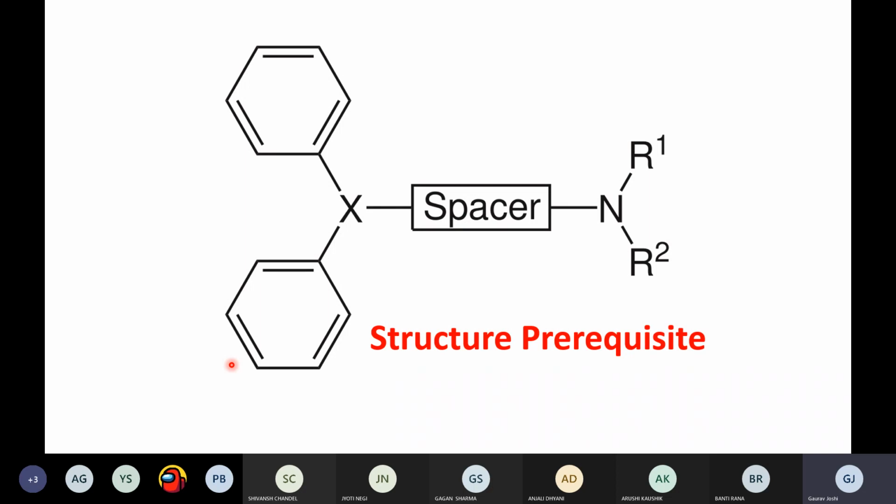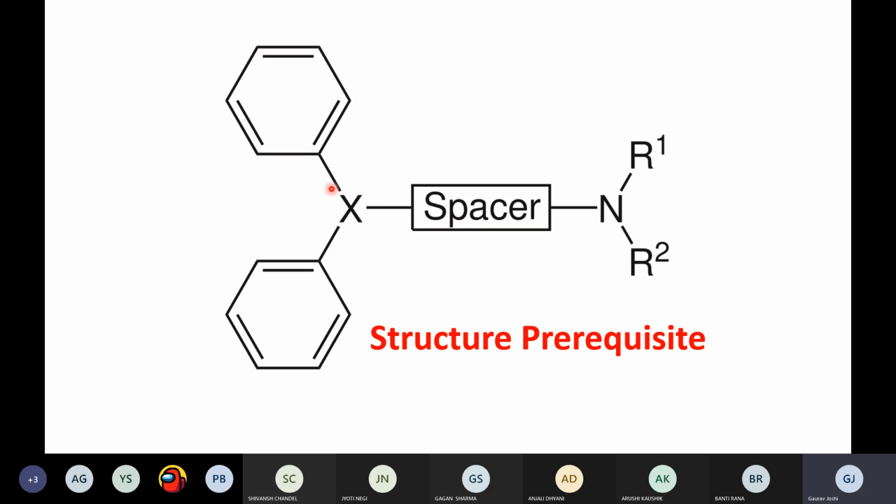The antihistaminic activity was increasing, right? And if you are increasing the alkyl substitution at the C2 position, what was happening? The anticholinergic activity was increasing, right? And at the fourth position, we also discussed one important thing, that we can substitute that place with a halogen group, right? So that was the common thing. The second thing which we discussed was about this X, right?